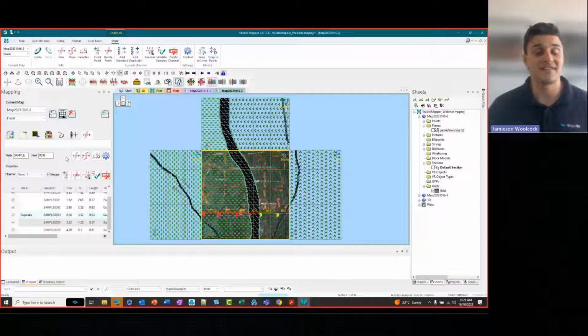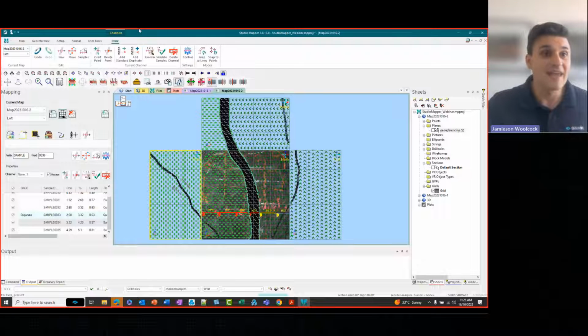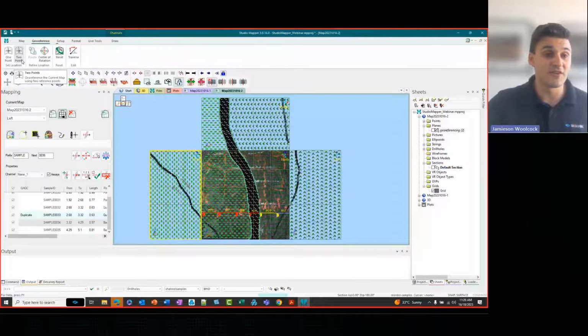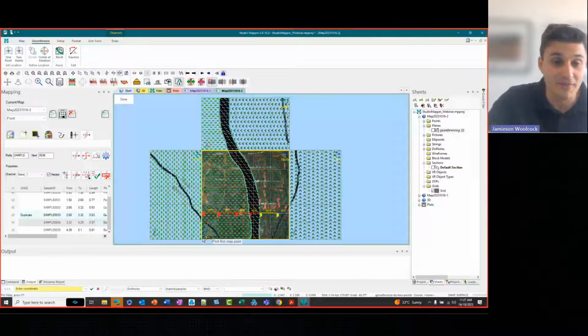I want to bring this into georeferenced coordinates. Now, there are a number of ways to do this. Basically, what we'll be doing is picking one or two points in our map and then picking where those points lie in the real world. There are a number of ways you can determine where in the real world it could be. The simplest